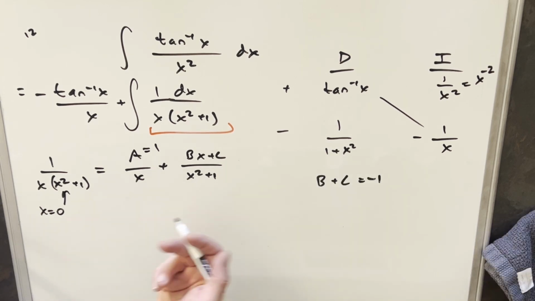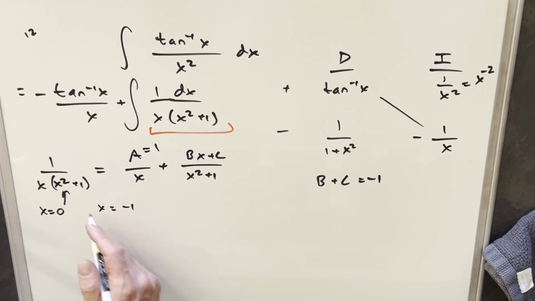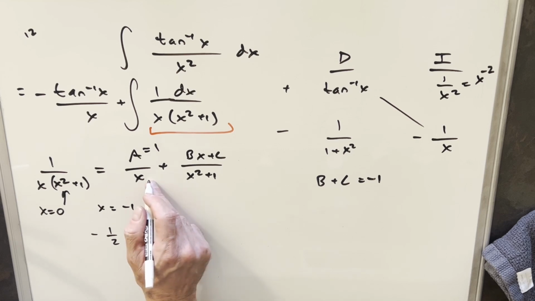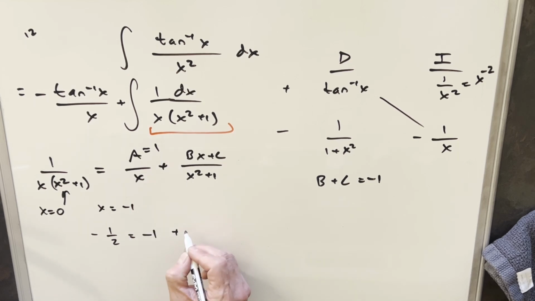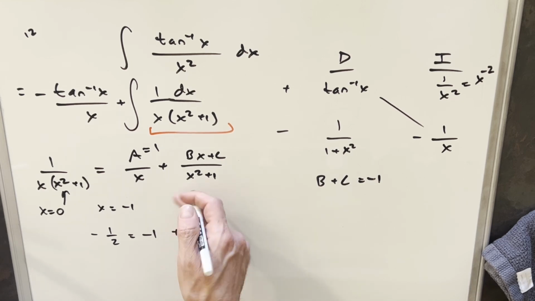Next, we used 0, we used 1. I'll try another value. Let's try plugging in x equals minus 1. If I plug that in on the left side, it's going to give me minus 1 half. Then here, we already have our a as 1, so this first term is going to be minus 1. Then we're going to have minus b plus c, and then here, minus 1 squared,